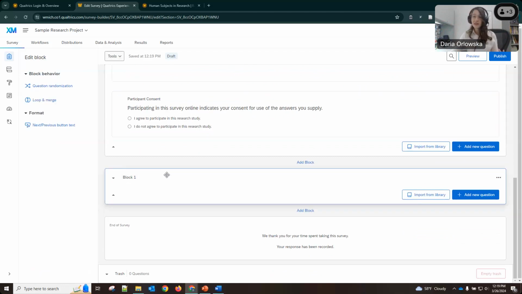And here, depending on your survey, you might have different needs. So you can think of, are there any inclusion or exclusion criteria in your study that you would like to take care of first to kick out participants who are not eligible so they don't have to go through the entire survey?